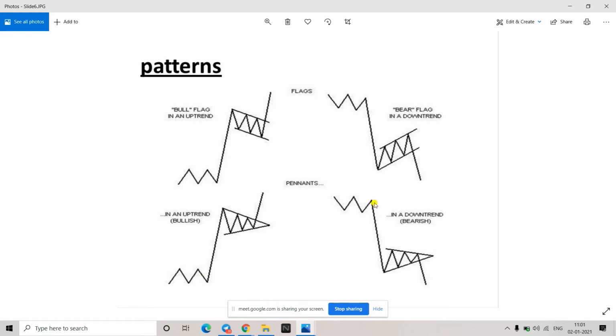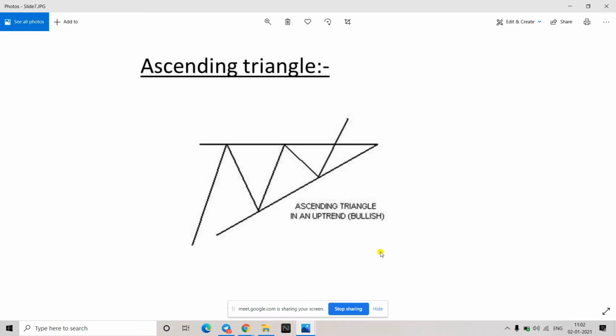Similarly, there is a bearish triangle also. You could see price will come down and then again a small correction will come and then again it will fall. So this is like this. This also you can see, sometimes you will not see the pole, just the triangle you will see. Okay, the same thought process, price is going down but it is getting restricted in a triangle kind of a pattern.